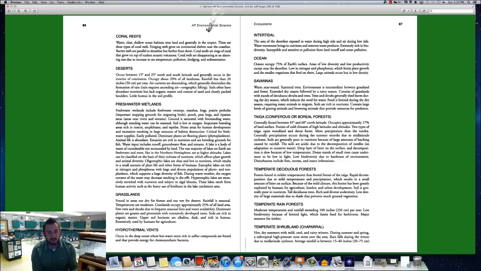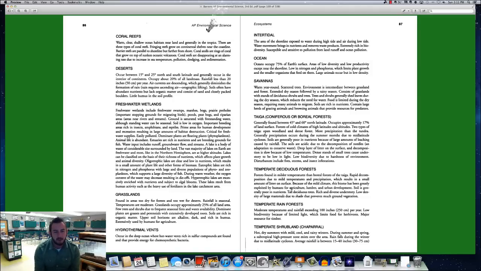There are two types of lakes: oligotrophic, which contain very low amounts of nutrients, including small amounts of plant life and other forms of biomass. And there are eutrophic lakes that are rich in nitrogen and phosphorus, that have lots of diversity of phytoplankton and zooplankton, and support a large diversity of fish. During warmer weather, the oxygen content of the water may decrease, resulting in die-offs of organisms. And then we even have hyper-eutrophic, which is caused by humans over-fertilizing, and that fertilizer running off into these